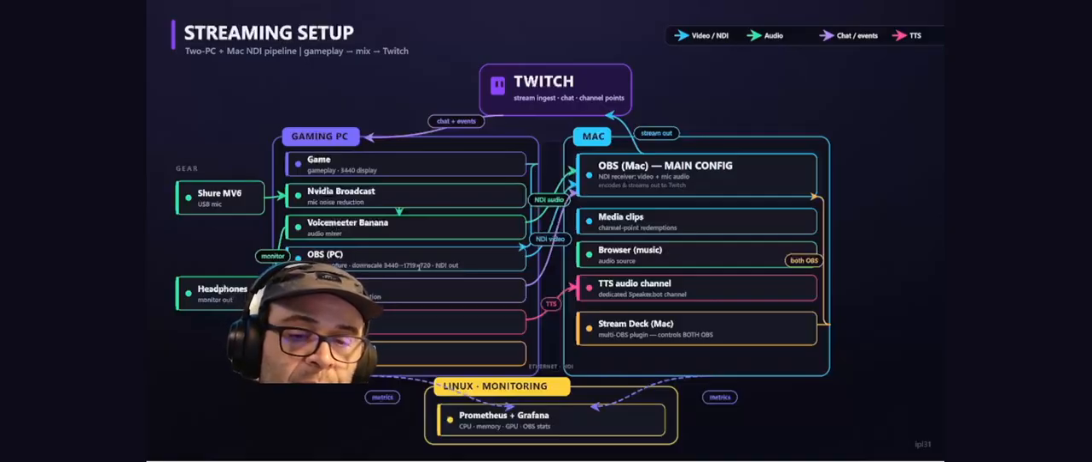I think when I first did this, I immediately saw a jump that was averaging anywhere from 60 to 100 FPS by just getting this off of my PC and onto the Mac. And then I still have a few other streaming related things I run on the PC because they only